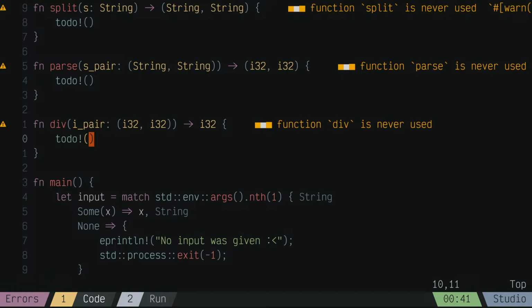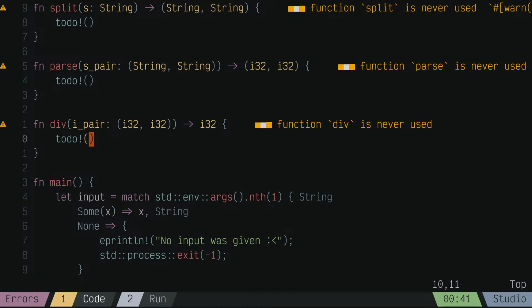It's just the computation itself is not possible. In other languages, you could throw an exception or just leave it that way and let your program crash at runtime. Since there are no exceptions in Rust, which I think is an amazing thing,